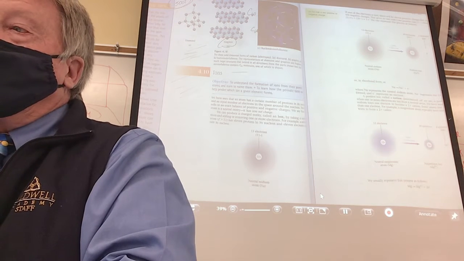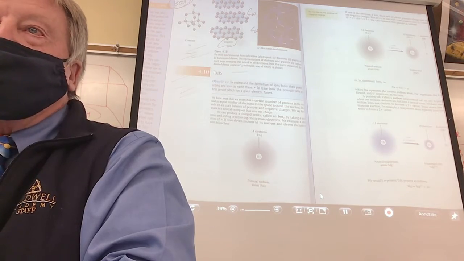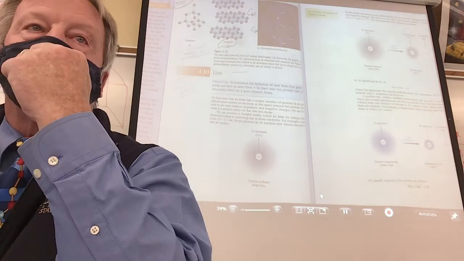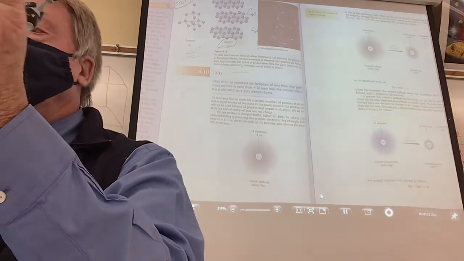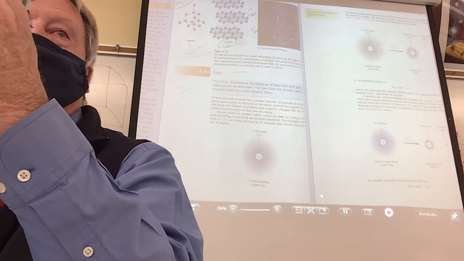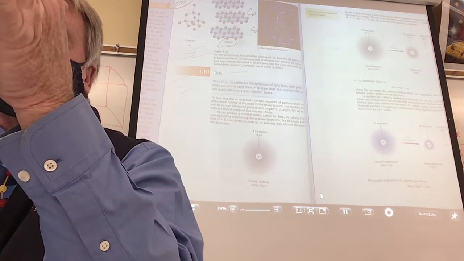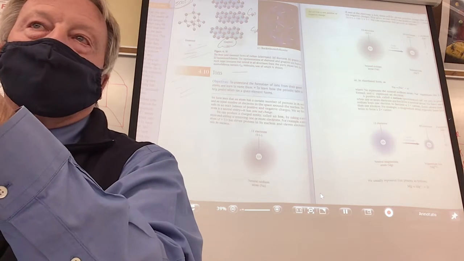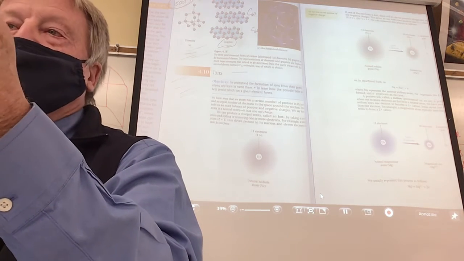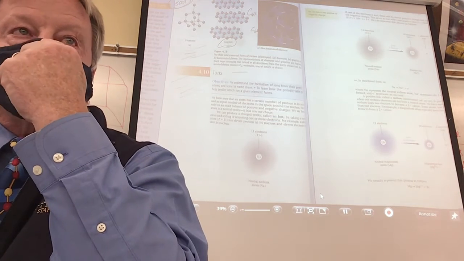And then there was one more form of carbon they discovered not that long ago, and it's this guy right here. And what's this called? Buckminster fullerene, right? Buckminster fullerene. And this is called a C60. C60, and it's a nanoparticle. It's very, very small. And it's 60 carbon atoms joined in kind of like a ball like this.